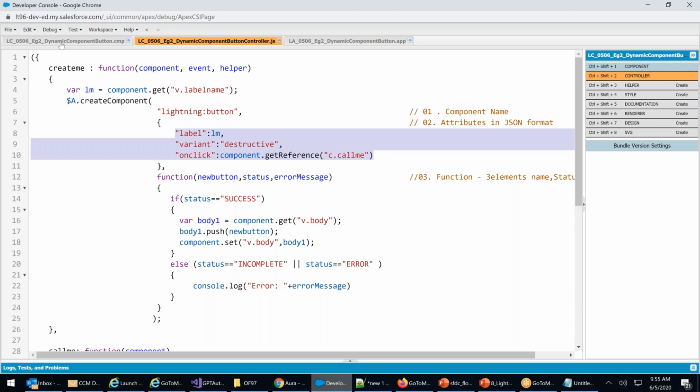I'm not doing any Lightning admin work here. All your Lightning admin work will be covered in the admin module. In the admin module, you will see what is a flow builder, what is the app builder, how do you create a Lightning app, custom apps. All these app builders and everything will be covered in the morning 7 o'clock class. This is a development class, not an admin class.